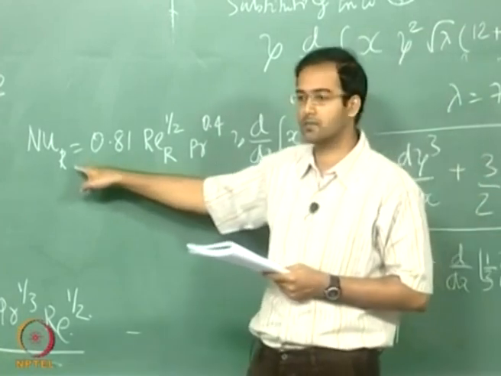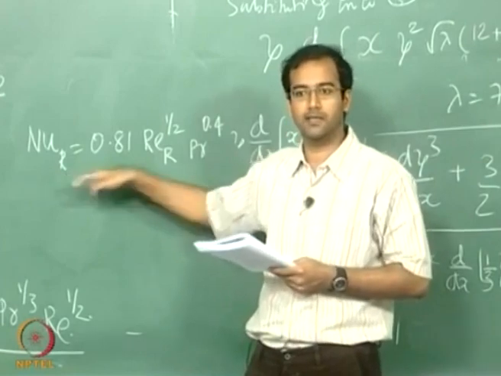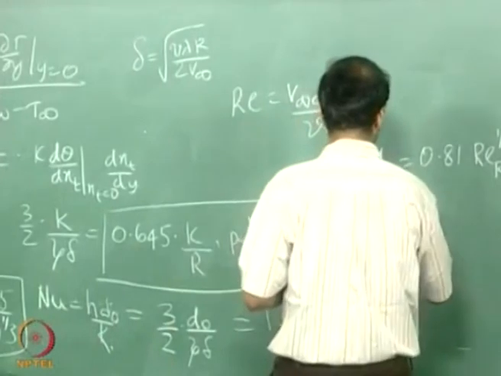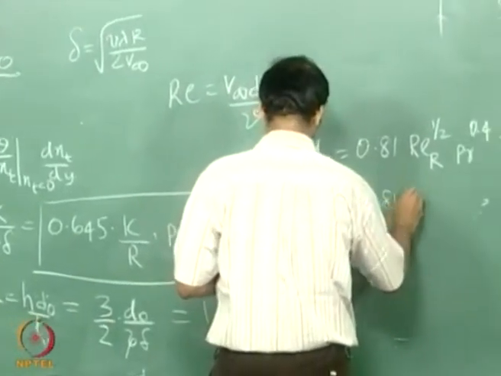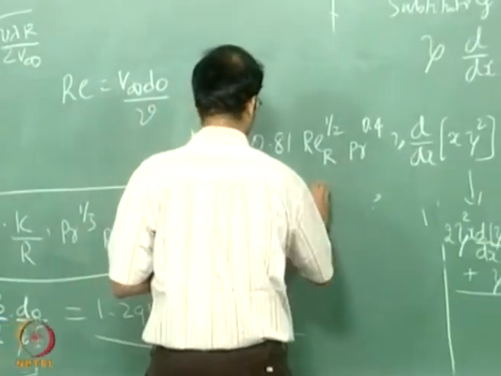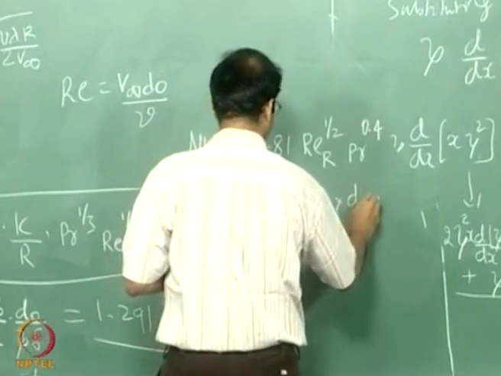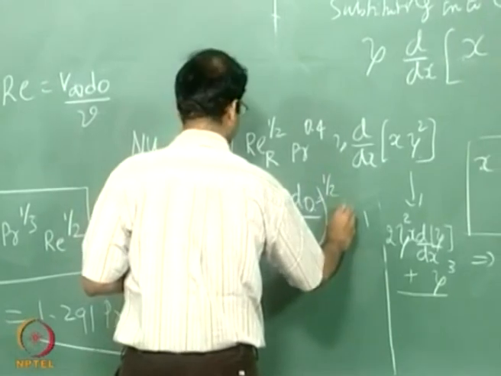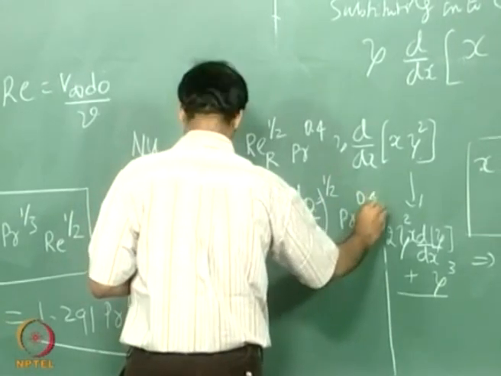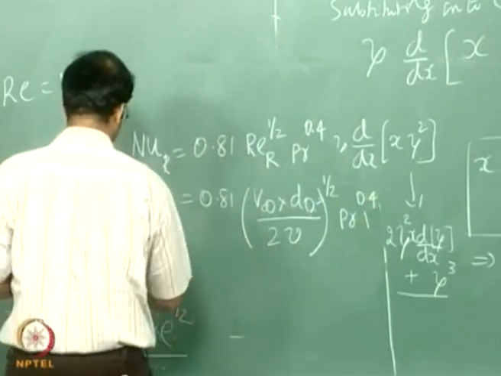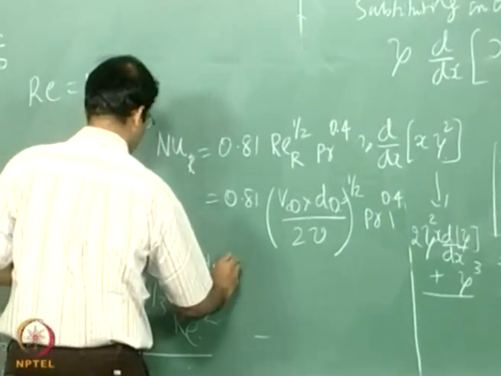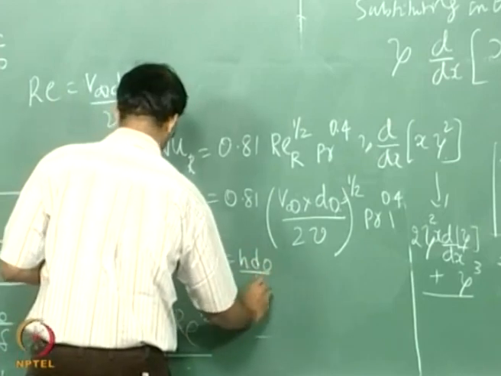This was defined based on the radius. If you convert this in terms of diameter, it's a straightforward conversion. So this can be written as 0.81 times v infinity into d naught by 2 times nu, power half, Prandtl number to the power 0.4, and you can define your Nusselt number based on diameter as h d naught by k,